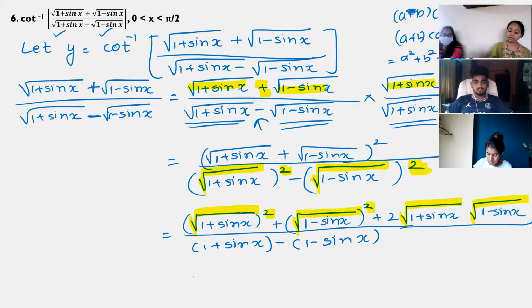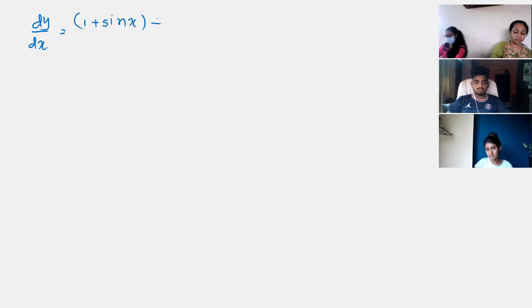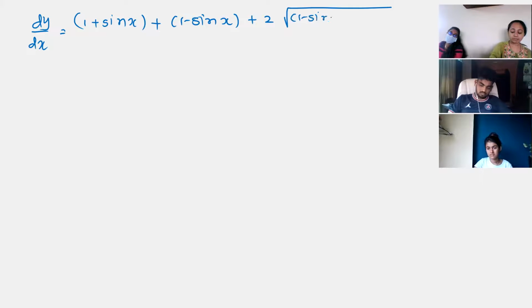Only we will do. Numerator I'm writing. I'm removing this one, the square and square root are removed. So it is 1 plus sin x plus 1 minus sin x. And the whole thing is in, like, 1 minus sin x and 1 plus sin x. Slowly we are doing one step,